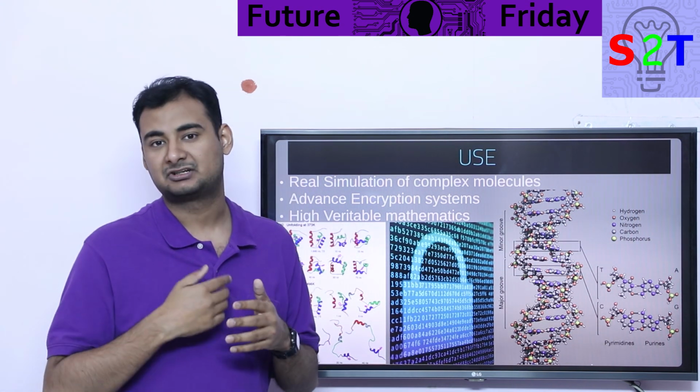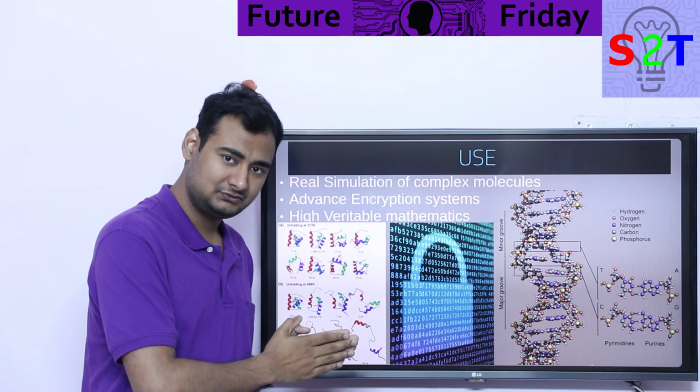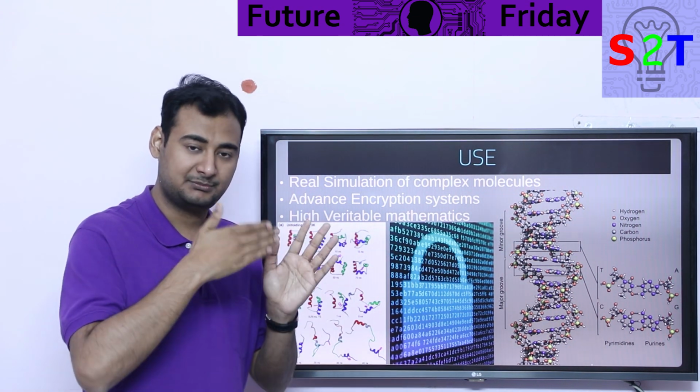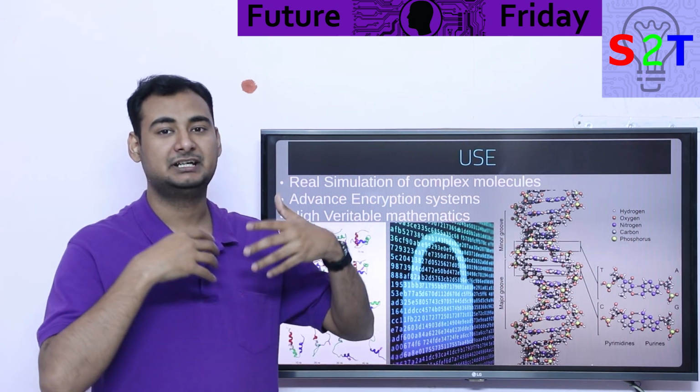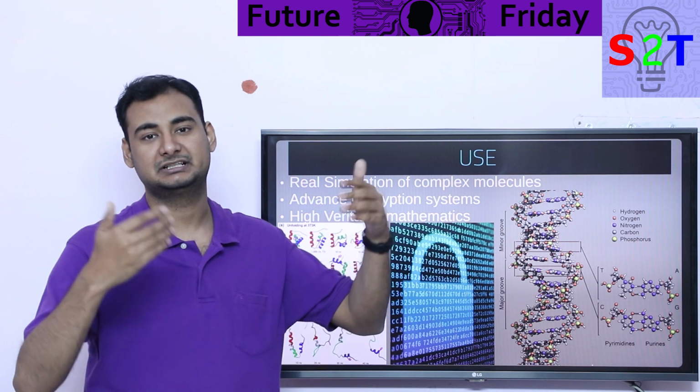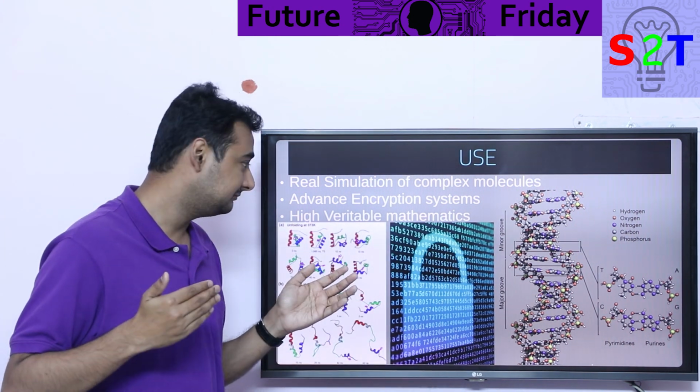So people want to make encryption that is much more quantum proof. And when I say proof, I mean in the same way that our normal computer cannot break through a complex algorithm. Yes, a quantum computer can break through it, but it will take them like 100 years. Same thing for encryption.